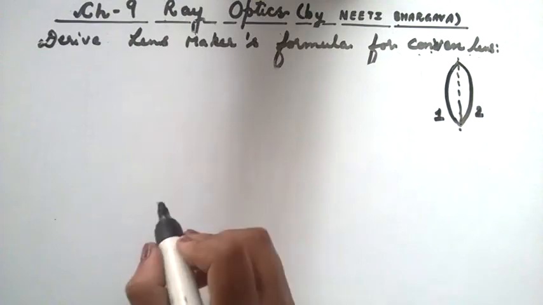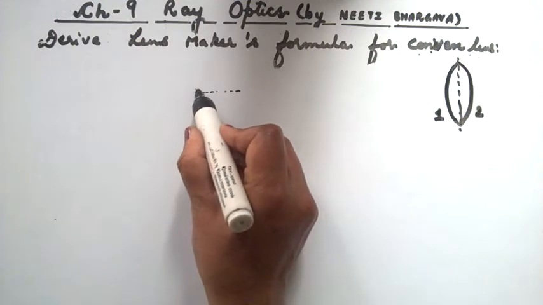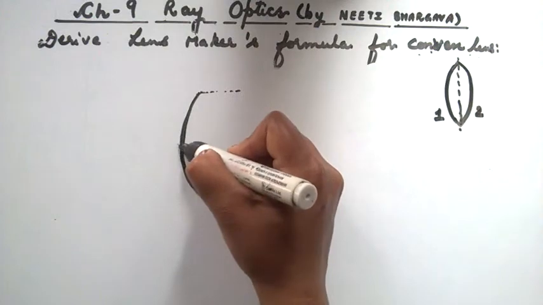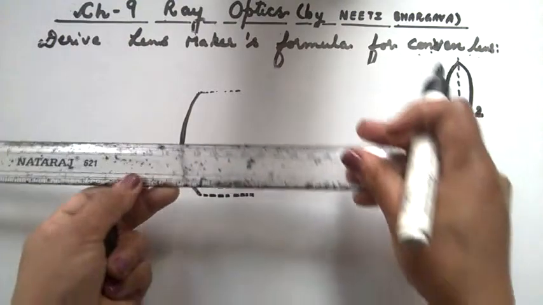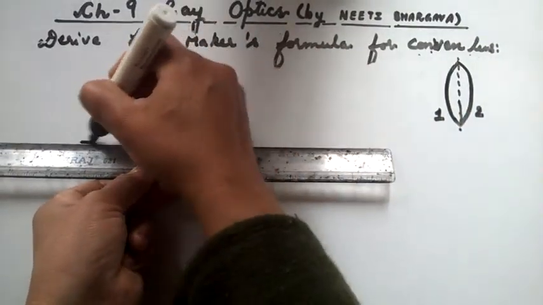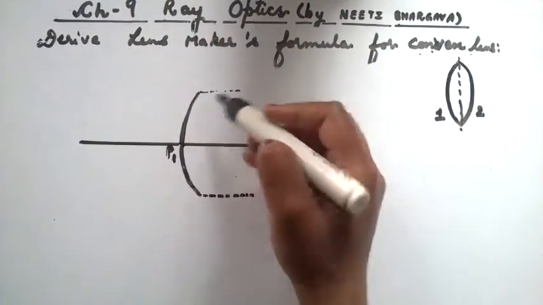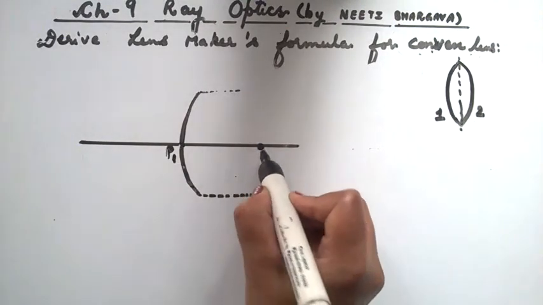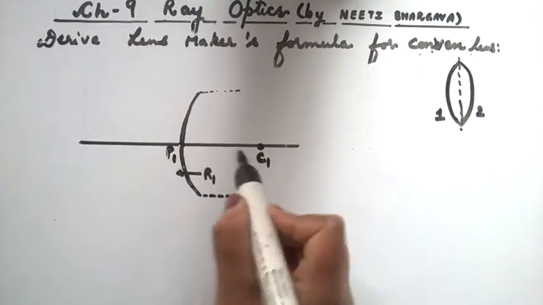And we had studied in our previous video the case when the ray of light is coming from a rarer medium to a curved refracting surface, that is, into a denser medium. So this is the first surface we are considering. This is pole P1, and as this curved surface is a part of a sphere, its center of curvature is C1. Radius of curvature is thus R1, from P1 to C1.